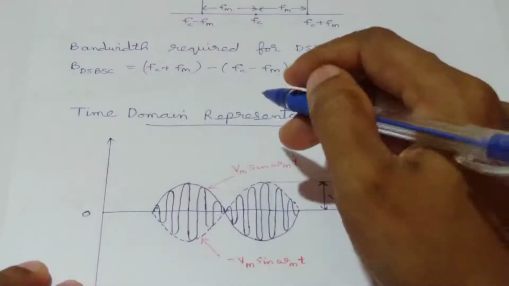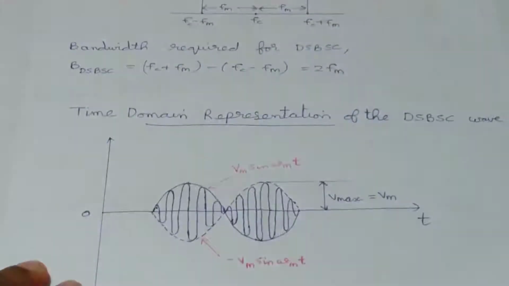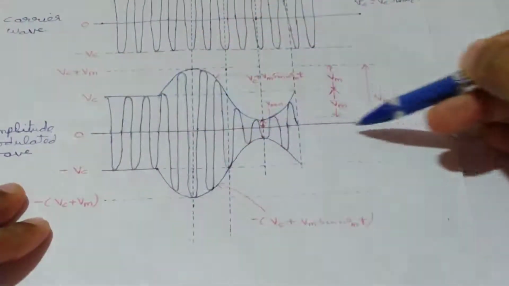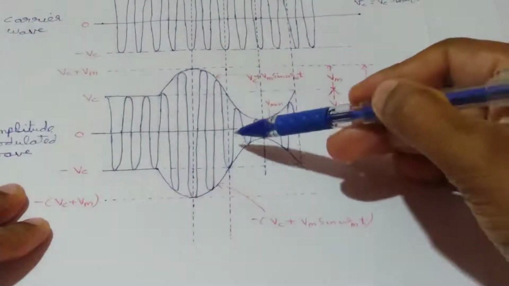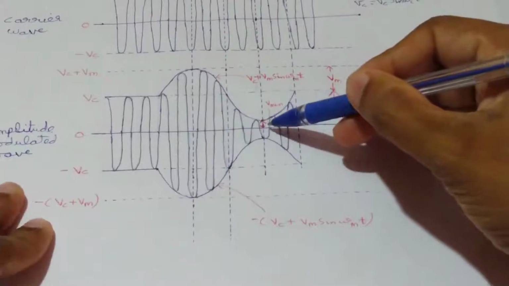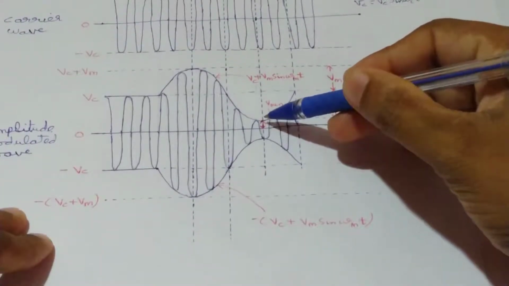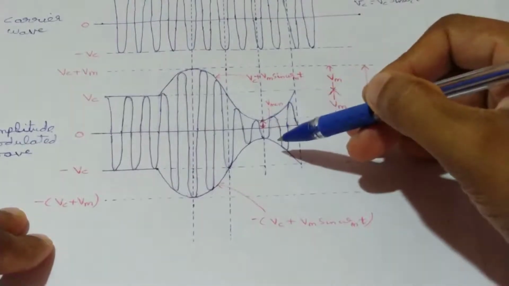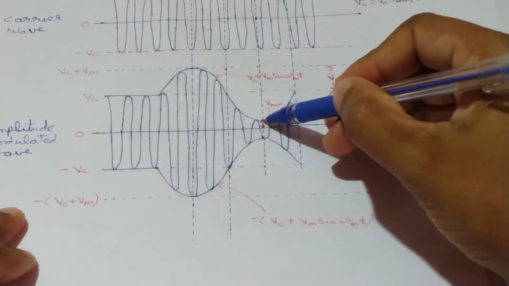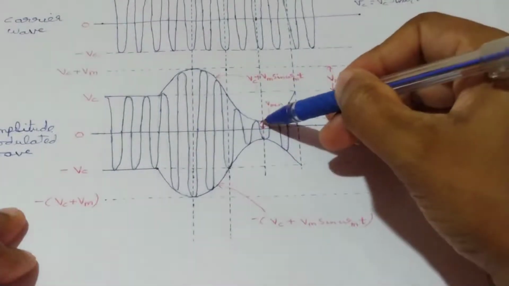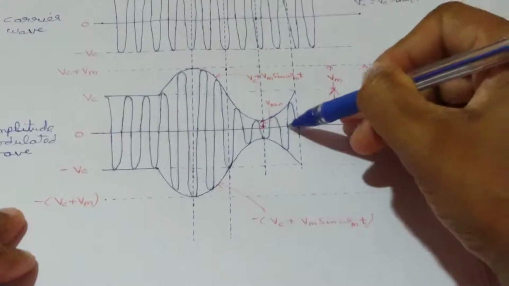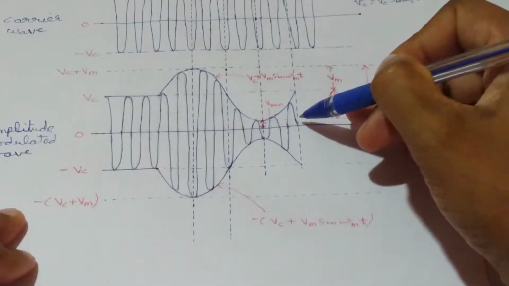However, in the case of AM wave, this will never happen, because in our basic AM wave, the top envelope cannot cross this 0 reference line and the bottom envelope cannot cross this 0 reference line. At most, the top envelope can touch the 0 reference line but cannot cross it. The same thing is true of the bottom envelope also. It cannot cross the 0 line. At most, it can touch it. When m is equal to 1, that is when Vm is equal to Vc, these points can touch this 0 reference line, but it cannot cross it in the case of basic amplitude modulated wave.